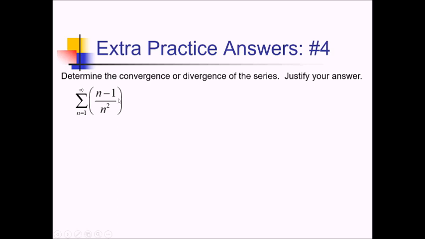The integral test on this one would actually work. I mean, if you split this up into n over n squared minus 1 over n squared, you could integrate that fairly quickly, but it would be even faster probably to compare this to a series that we do know the convergence of. This is going to be pretty similar in behavior to the series n over n squared,